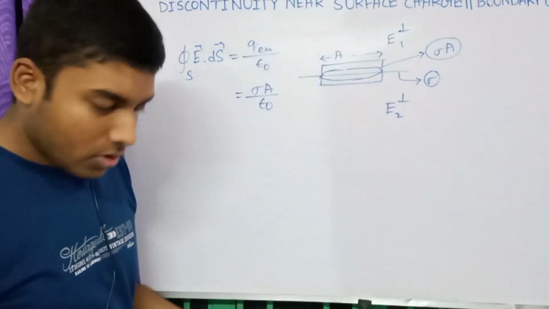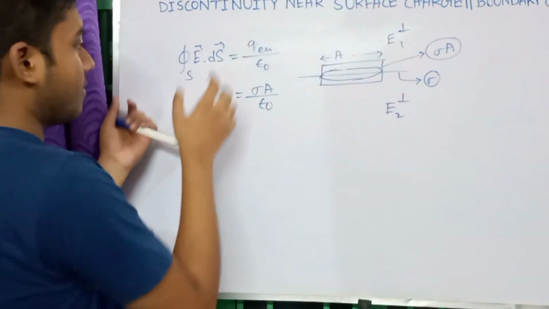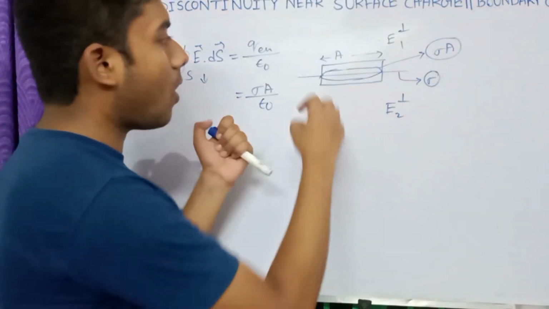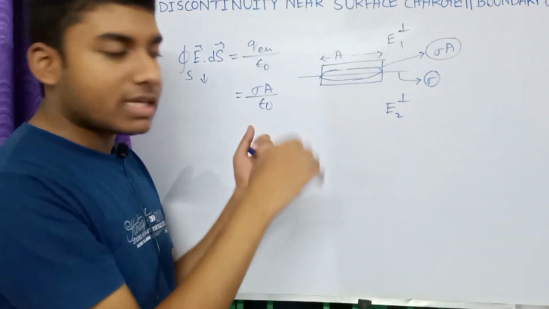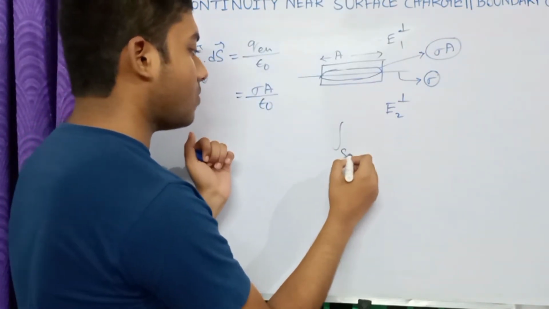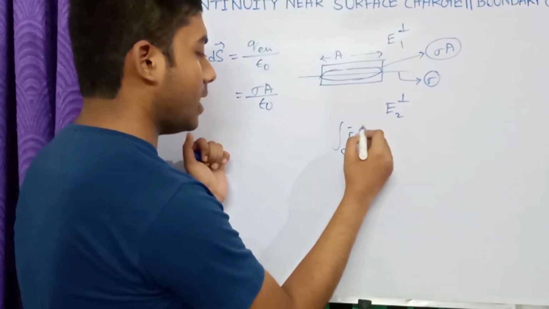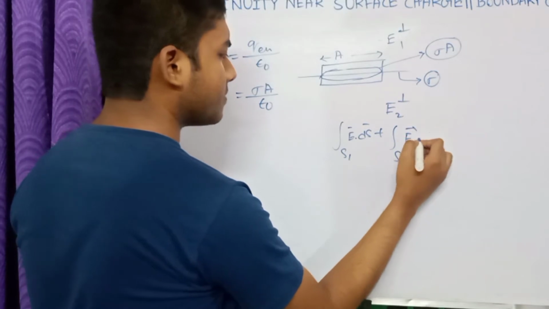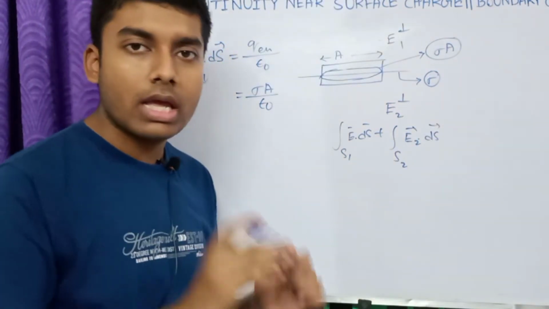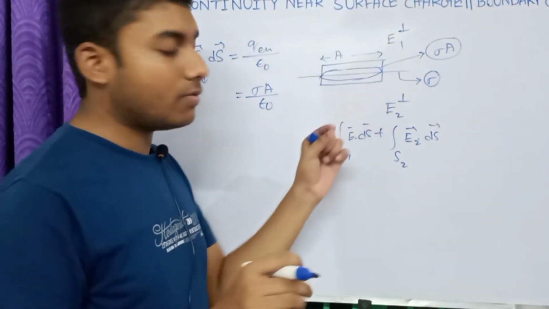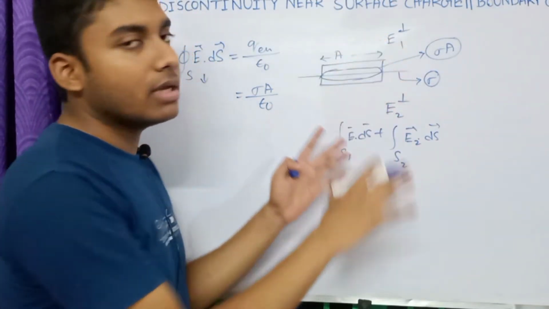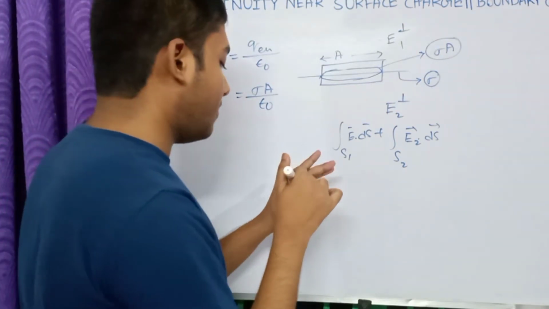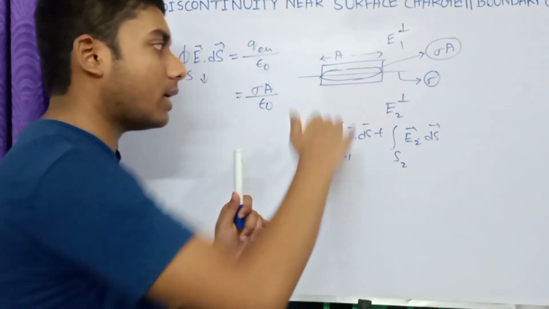Okay, so the resultant means the actual, this will be what? This means the closed surface integral means the flux over all the surface means like the integral over S1 of E dot ds plus the integral over S2 of E dot ds. So we have to calculate the flux for every side of this Gaussian pillbox. But we have to understand that the effective flux will be only for the upper surface and the lower surface.